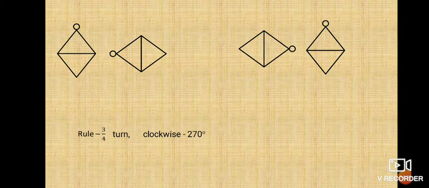After moving 3/4 we see that the ball is directed towards the left side. In the first figure it was at the upper side, then it is now directed towards the left side. Then again it will move by 270 degrees, and the ball will come at the downward side. Then again by 270 degrees it is showing the right side, and again it will move by 270 degrees, it will show the upward direction. Now the first and last figure are the same, it means we have finished our pattern.